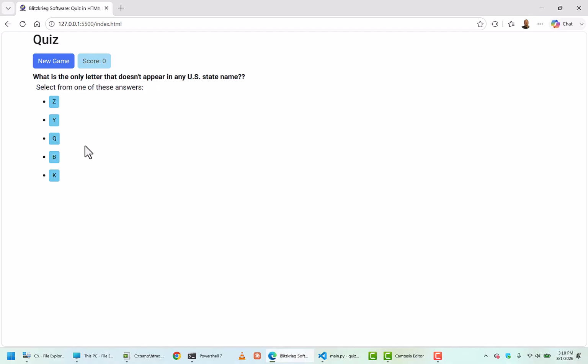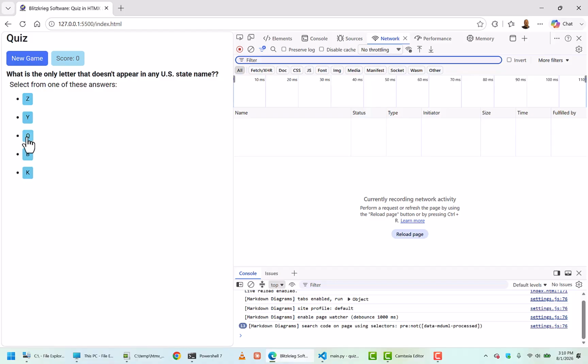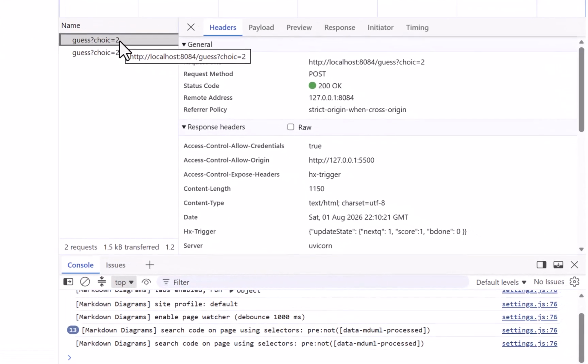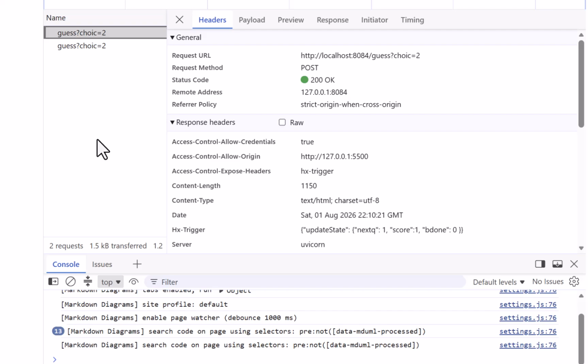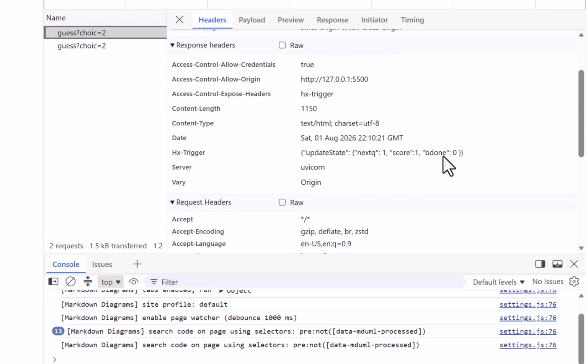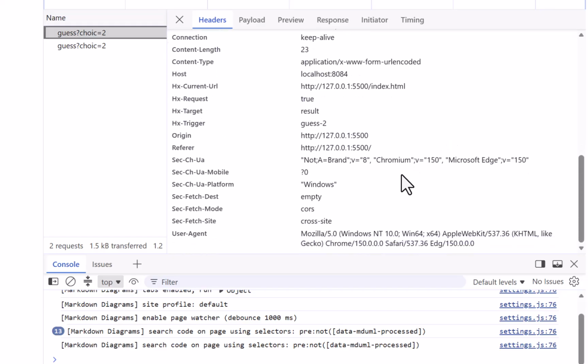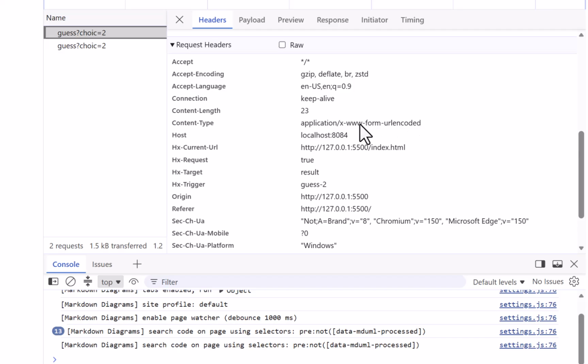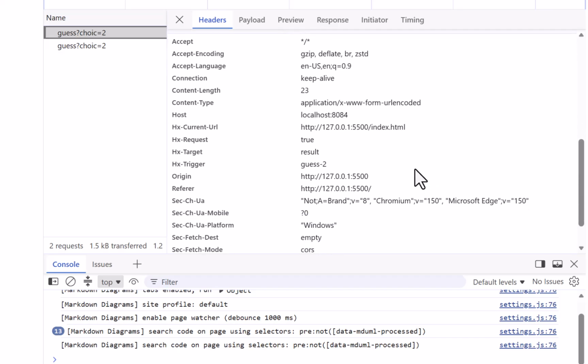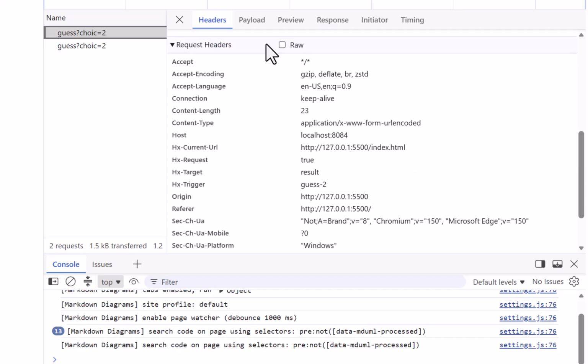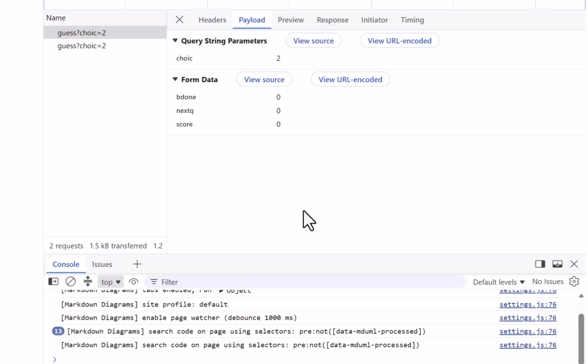And what you get is you get this interaction, right? I click on this button. So let's go look at it in the F12 debugger. Let's go click on our friend Q. And you can see that it called guess with a query string parameter of equals 2. And you can see that in my request header, I'm sending pretty much the standard thing, but notice that HX sent form encoded with the most modern up-to-date version, and it knew what the origin and referer were and all this good stuff. But when I go and I look at the payload element, you can see the query string